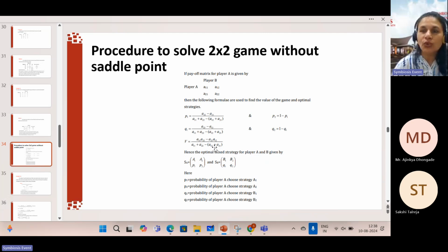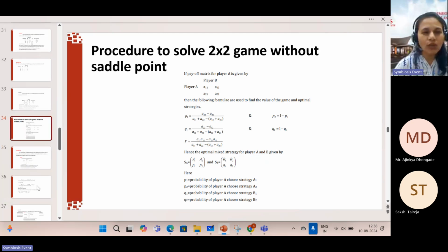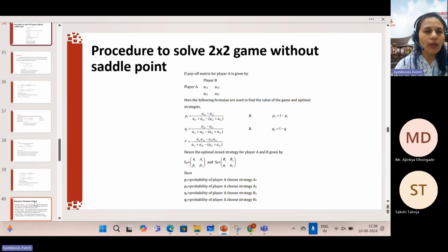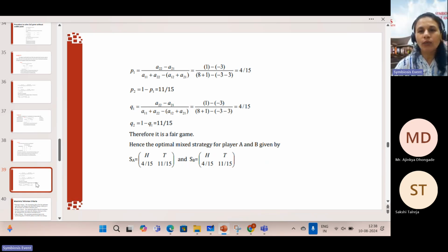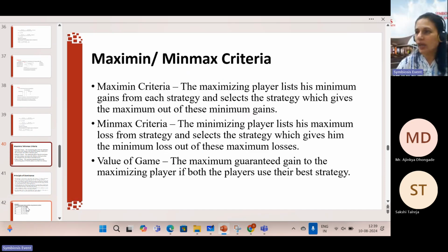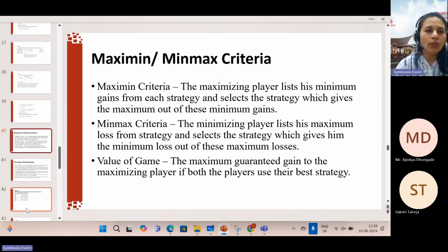Do we have to remember these formulas? No. By looking at the data values, we can manipulate and receive them directly. But yes, if you are able to remember, you can associate it with the given payoff values, so things will be easier. We have solved a few questions on it, and here we end up with how to solve. Done. Now today we are going to move ahead with some